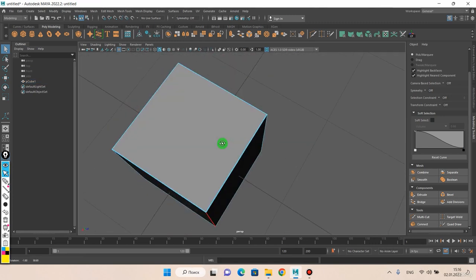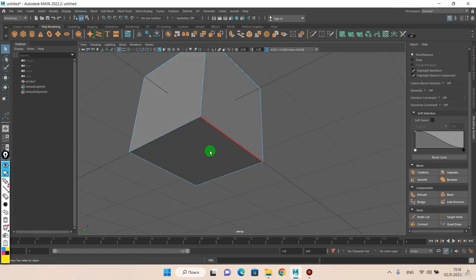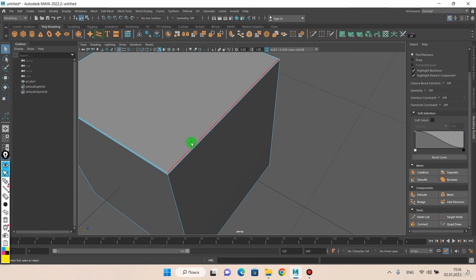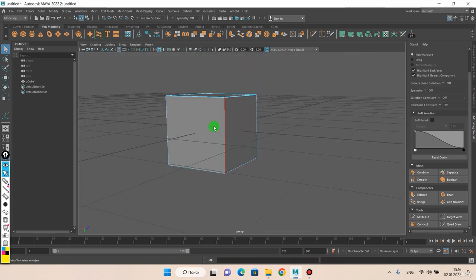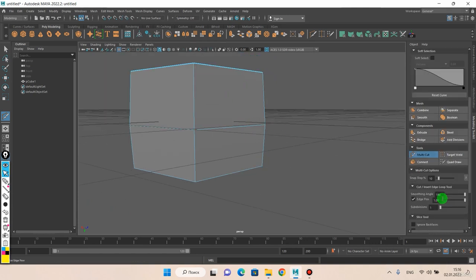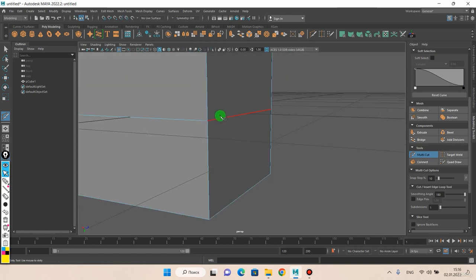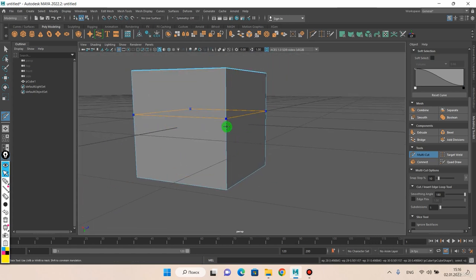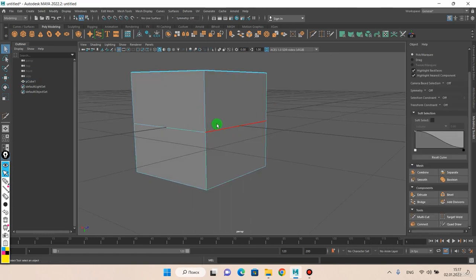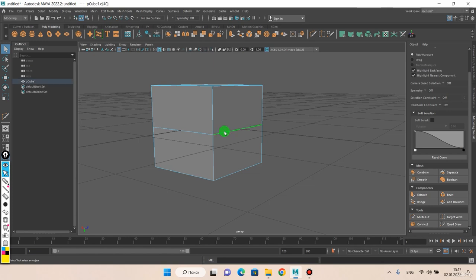One more interesting purpose of a bevel is to split the edge into two edges. So I will just use multicut right now. We don't know this tool yet. And I will select this new edge, and I can bevel this edge to get